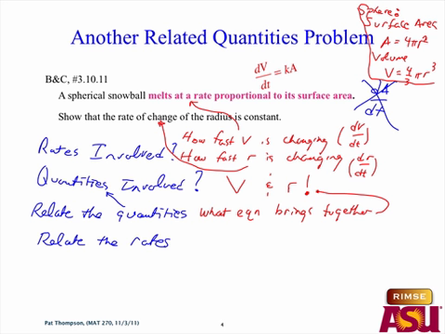Where we have this other sort of thing, and we have a radius, and so we just solve it. Take the square root of that number. We have to find the rate of change of